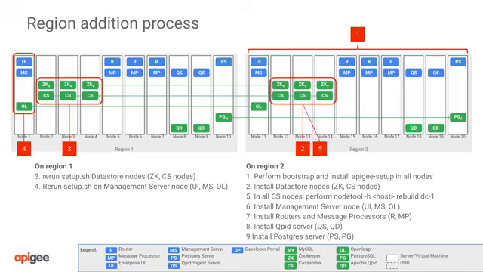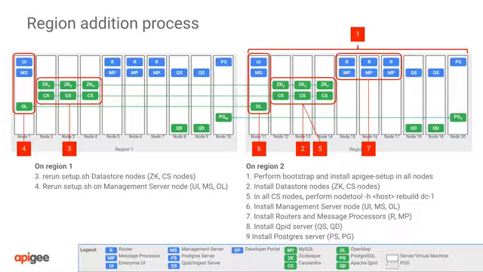Step 5 is our Cassandra rebuild. On each node, Node Tool Rebuild is run passing DC1 as the source region for streaming data. This step is both disk and network intensive. Step 6, install the new management server, UI and OpenLDAP. During this process, all data from OpenLDAP in region 1 will be copied and continuous replication initiated.